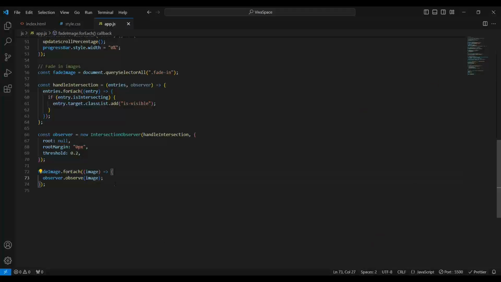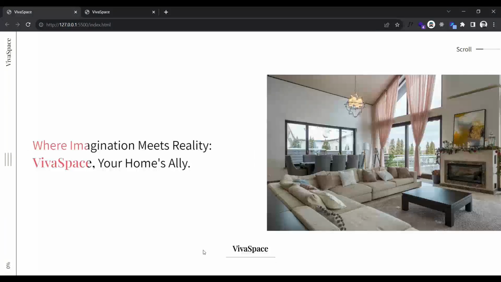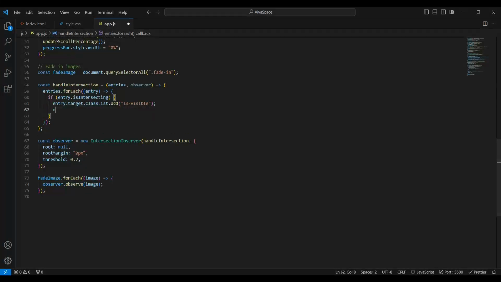I want to unobserve the image because if we keep scrolling, if we had more content on the right and went back to this section, this image would fade in and fade out continuously. I don't like it this way, so to prevent that, after this class, I want observer.unobserve